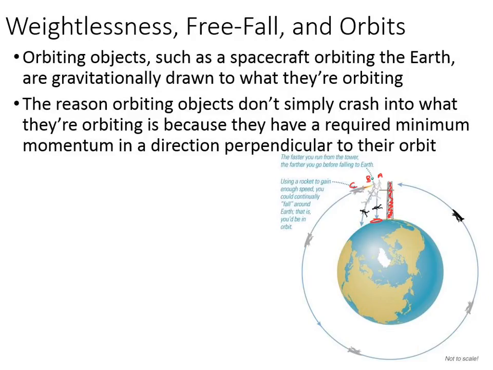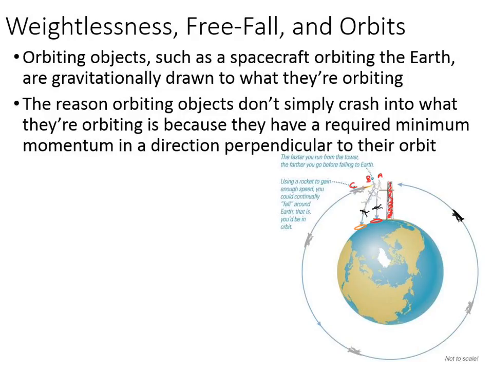Scenario B is he walks off, but he's going a little bit faster. Notice if he's going a little bit faster, where does he land? He lands a little bit farther on Earth. The way I think of it, he has a little bit of trajectory going this way, so he's going to fall farther on Earth. Earth is round. If the Earth weren't curved, he wouldn't do that, right? Well, he would, but